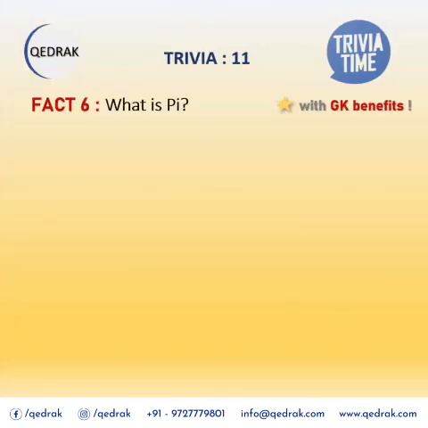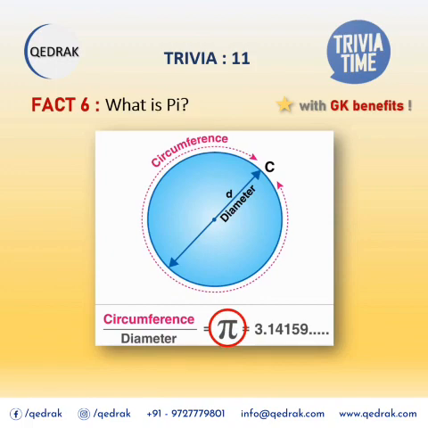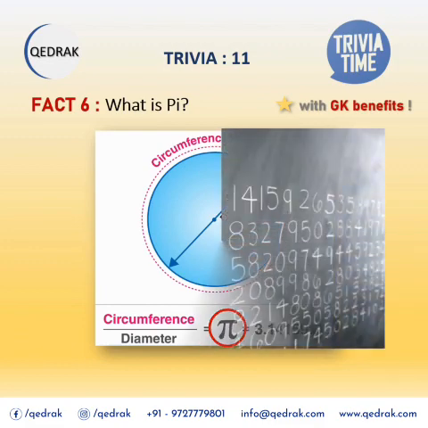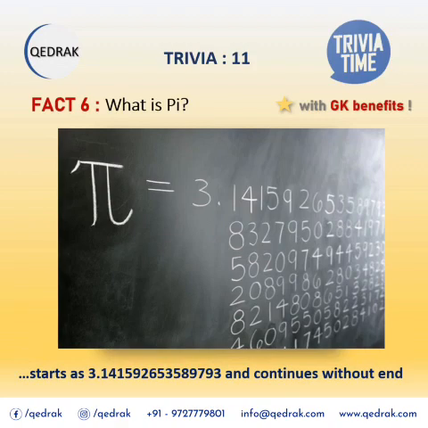Succinctly, pi, which is written as the Greek letter π, is a mathematical constant that is the ratio of a circle's circumference to its diameter. This produces a number, and that number is always the same. However, the number is rather strange. The number starts as 3.14159265358979 and continues without end. Numbers like these are called irrational numbers due to their infinite decimal part, and it is useful to have a shorthand for this ratio of circumference to diameter of a circle, and hence pi got abbreviated to 3.14.